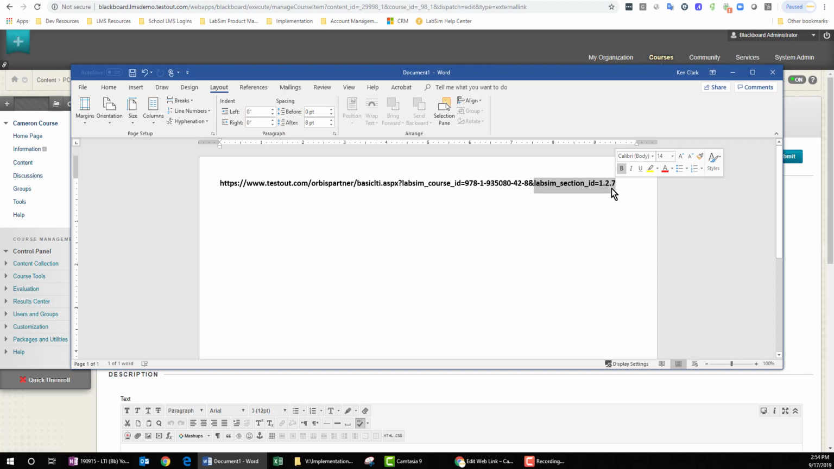seconds ago. So, with the Windows clipboard being your friend, all you have to do is copy and paste this whole URL to each of your assignments and adjust 1.2.7 to be 1.2.8 or 1.3.7 or whatever learning resource that you want to link to from your